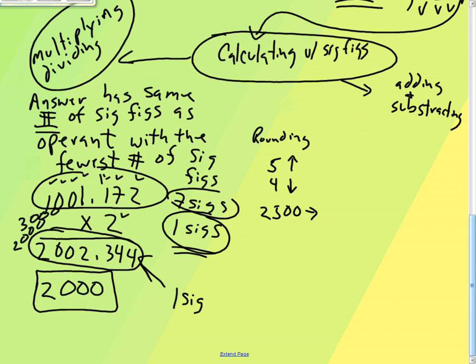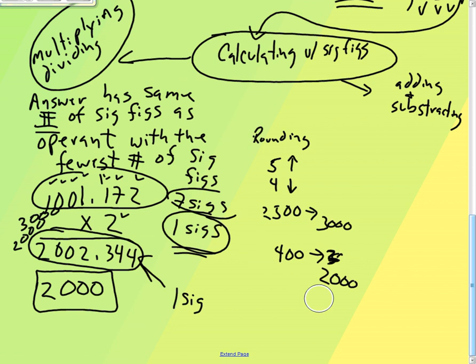We would round that up, and we'd round it to 3,000. If I had 2400 and I'm rounding that, I round that down. Oops, that's not rounding down. I round that down to 2,000 for 1 sig fig. Got it? Okay,